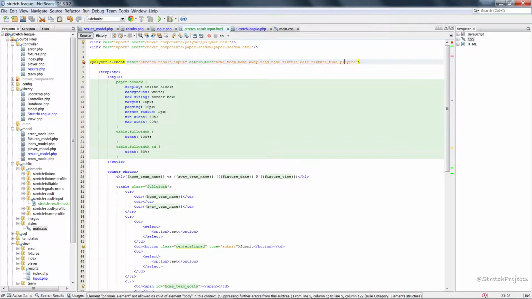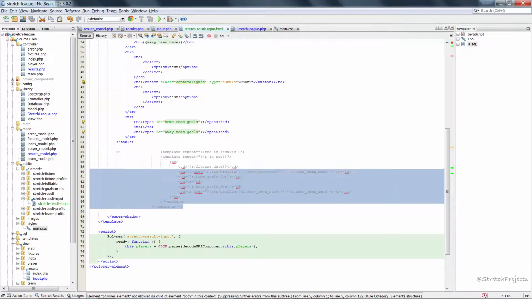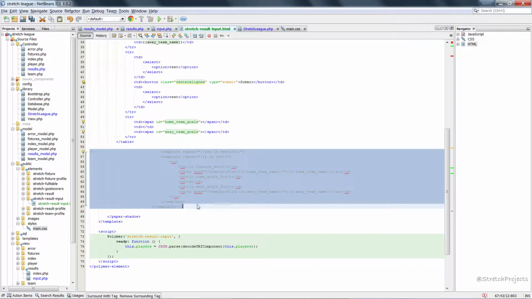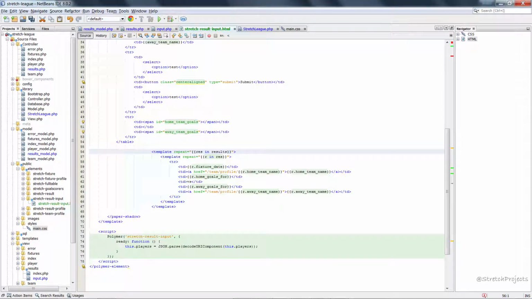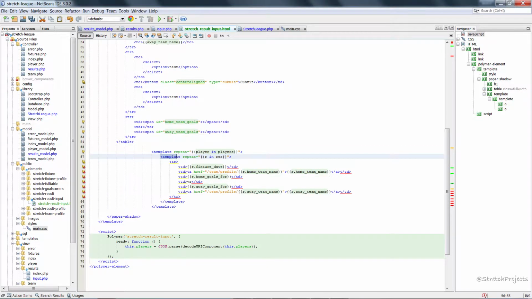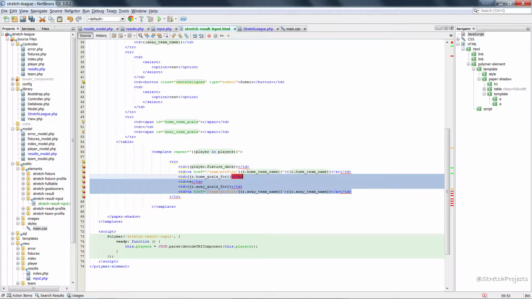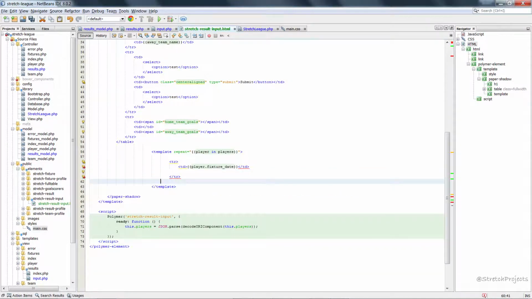So now we've got this player's data available to us, which means that we can rename results to players. We can basically change this entire